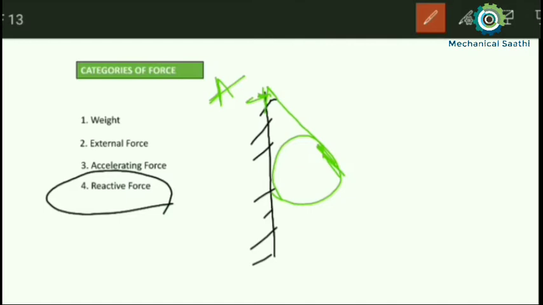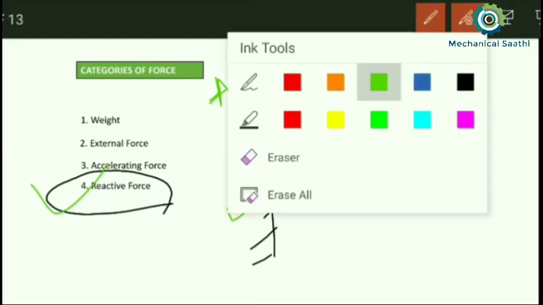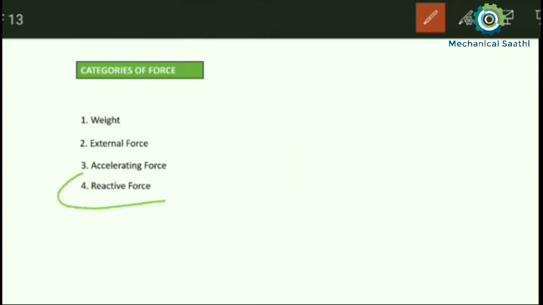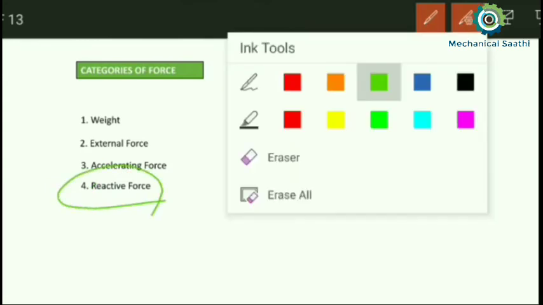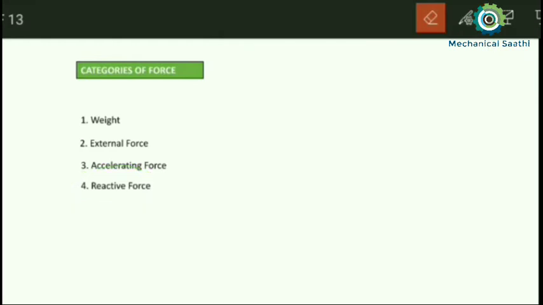So at this support we will get the reaction force. Where there is any support, at that support we will get that reaction. We may get a reaction like this, and later on we will be discussing different types of supports. So reaction force may also be there. Next force we can say is